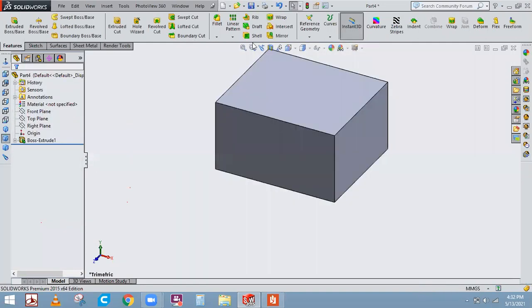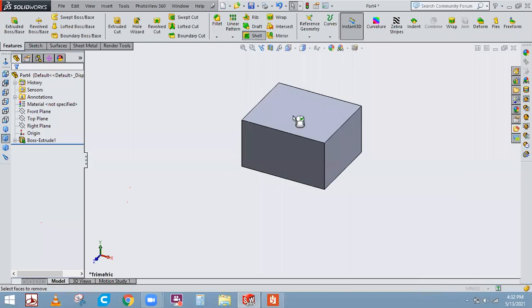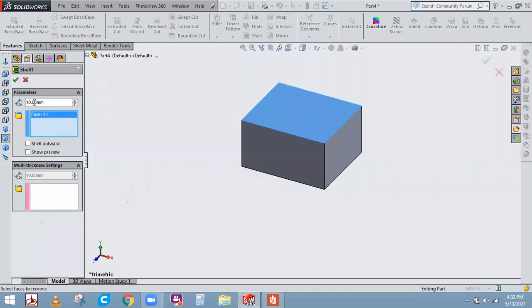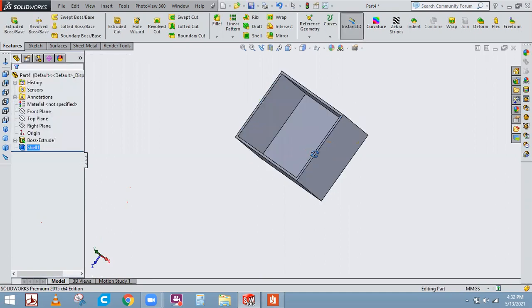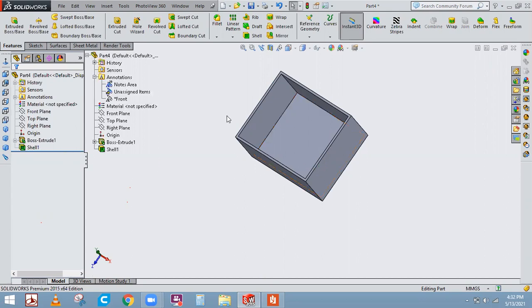To do that, I'll select this shell here, select this face, and assign a thickness of some 3 mm to it. If I say okay to this, leaving 3 mm, all the material inside will be removed and it will be converted into a hollow box. Got it? Got my point? Everyone, did you get that? Yes, sir. No issues with it, right?